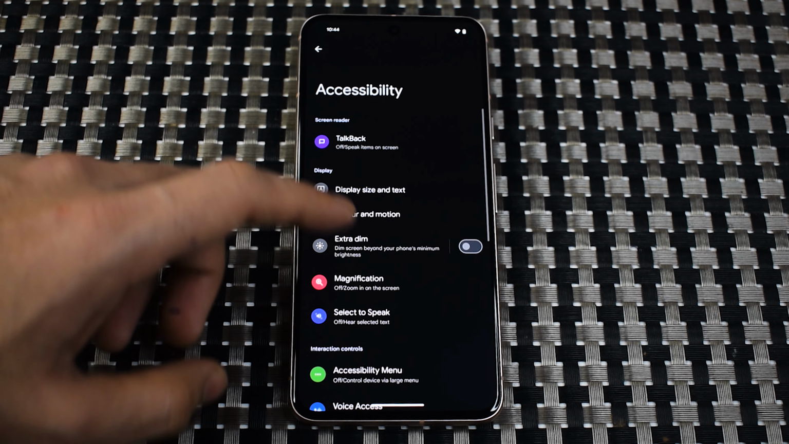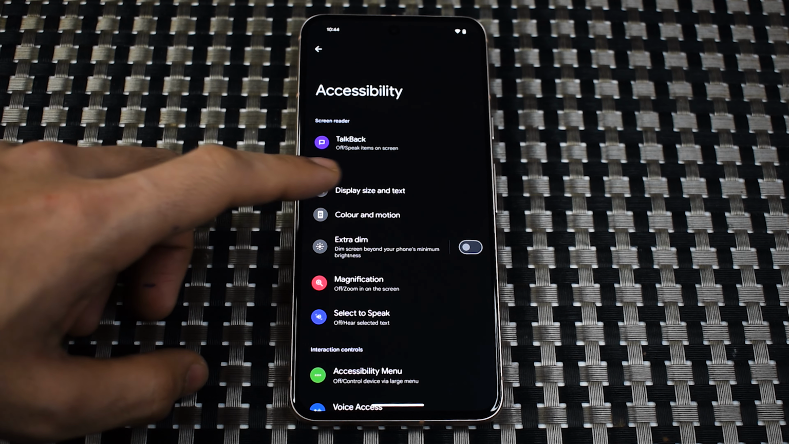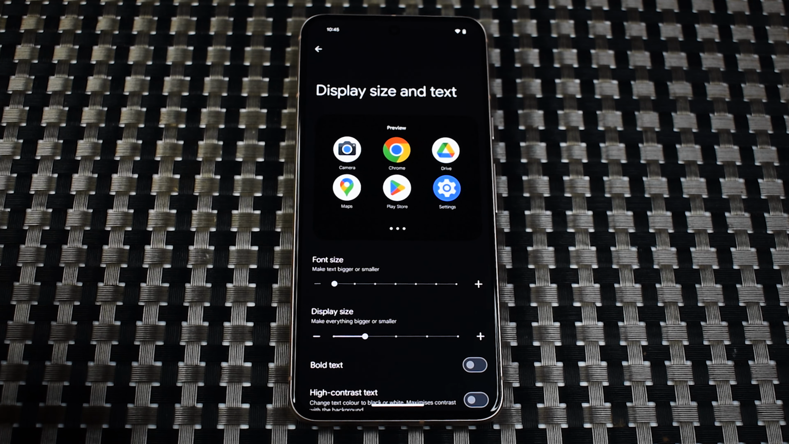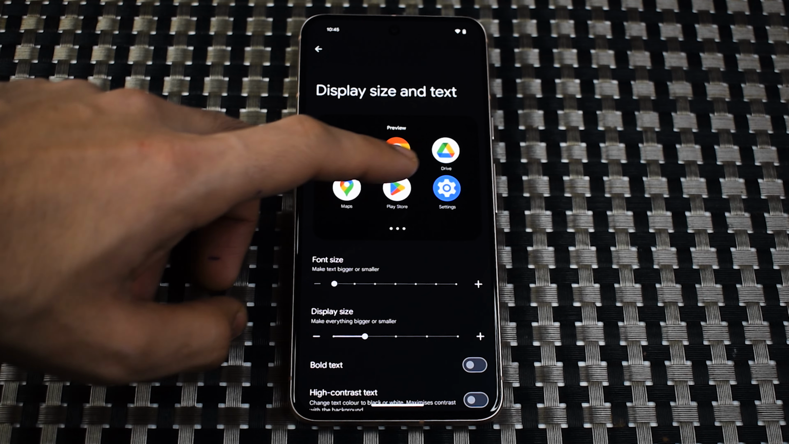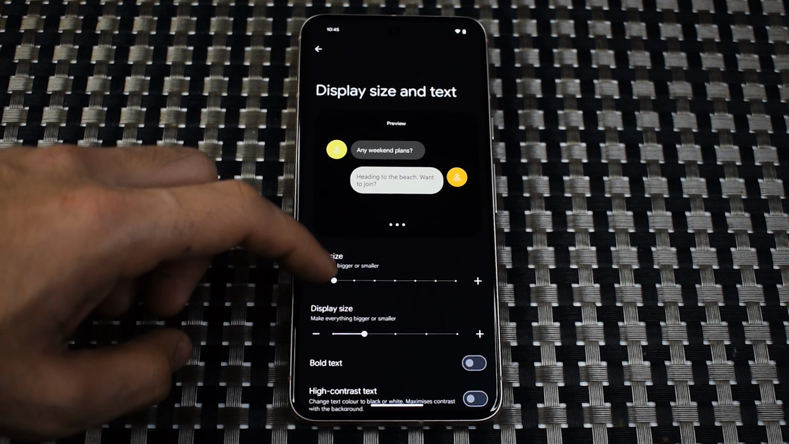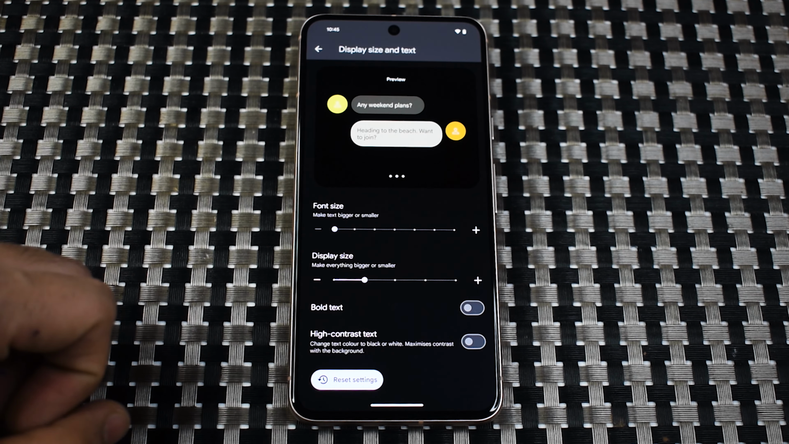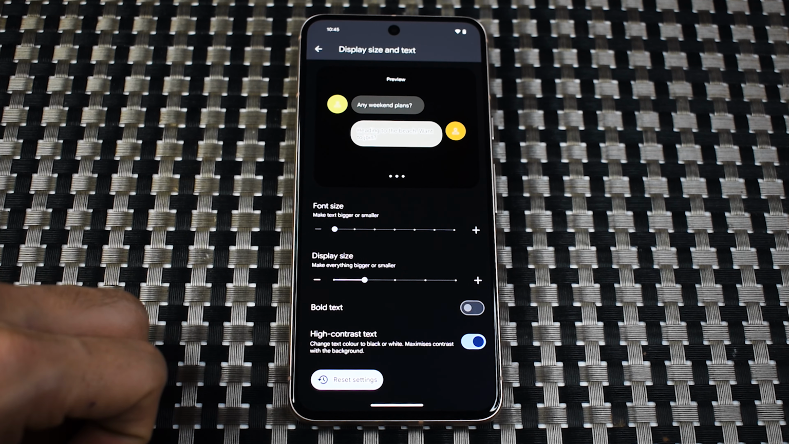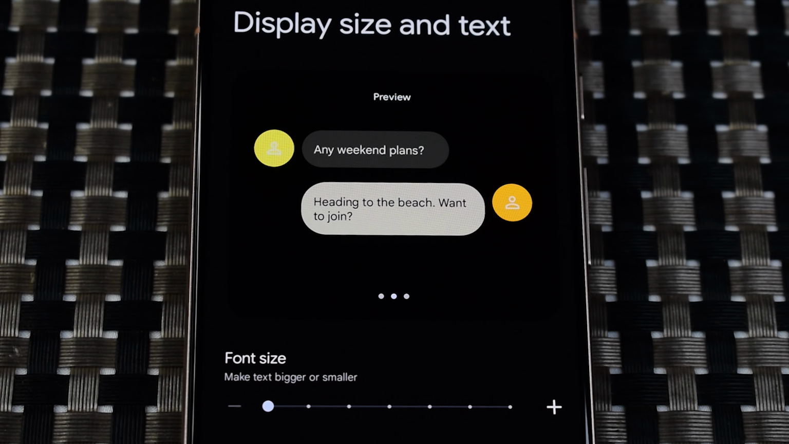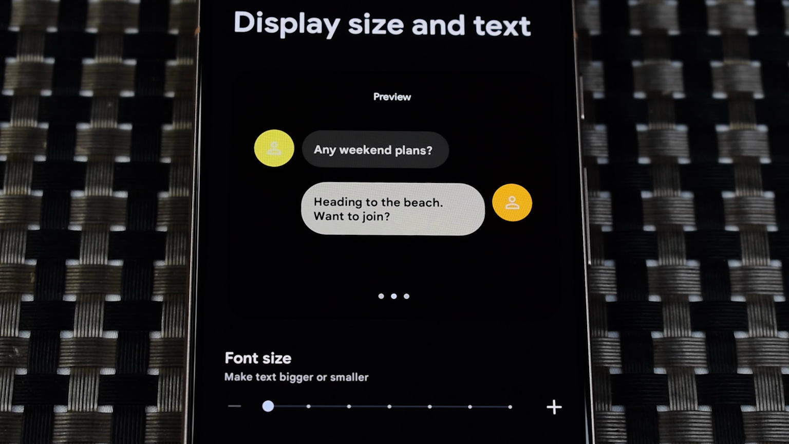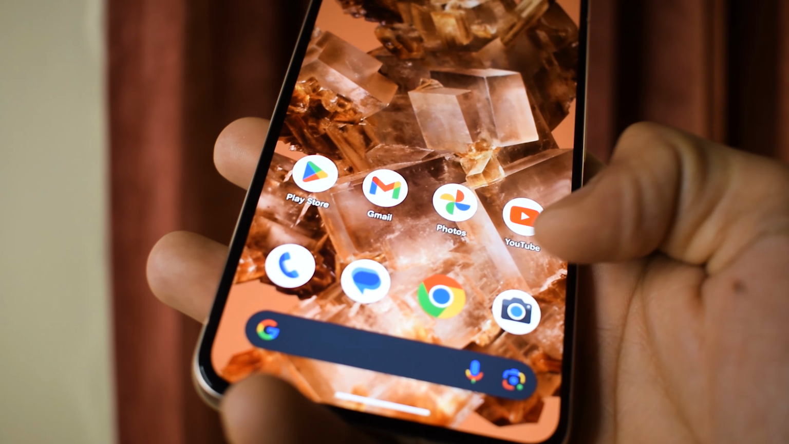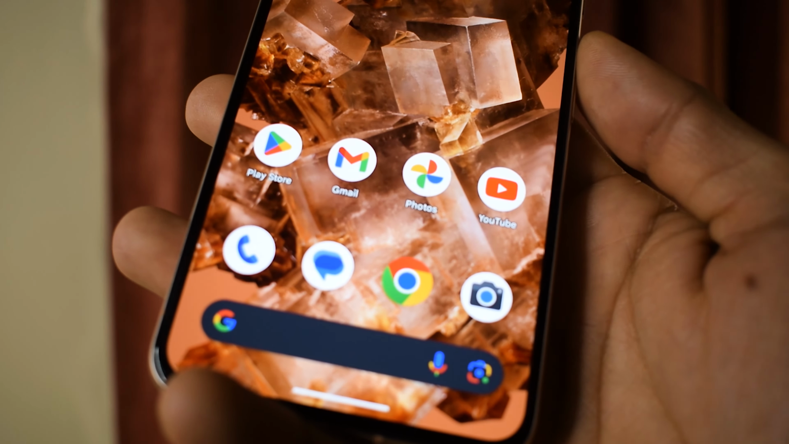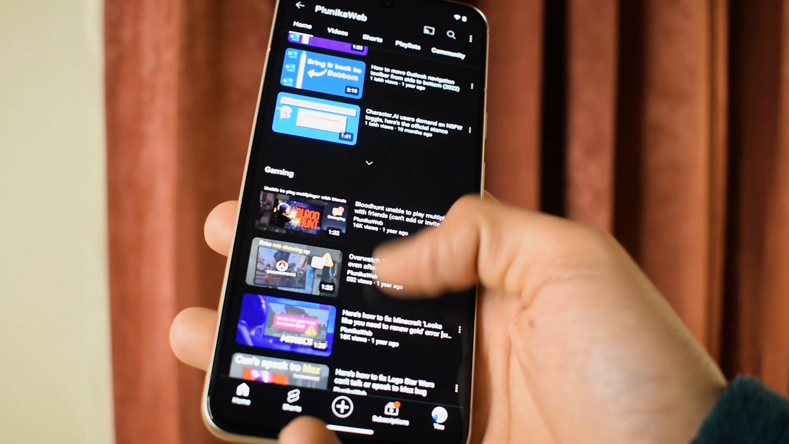Upon entering the display size and text settings, you will encounter a variety of options to customize your text and display preferences. Look for the toggle switch associated with high contrast text and tap it to enable this feature. As you toggle the switch, your device will dynamically adjust the display to incorporate high contrast text settings. This simple 3-step process empowers you to enhance the readability of your apps and documents, providing a more visually accessible